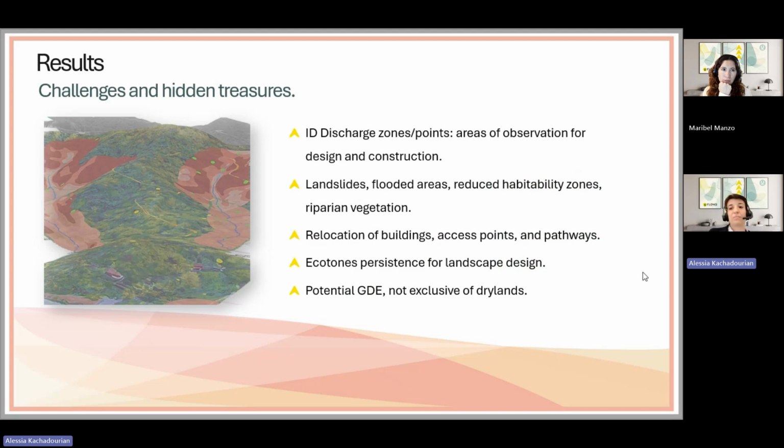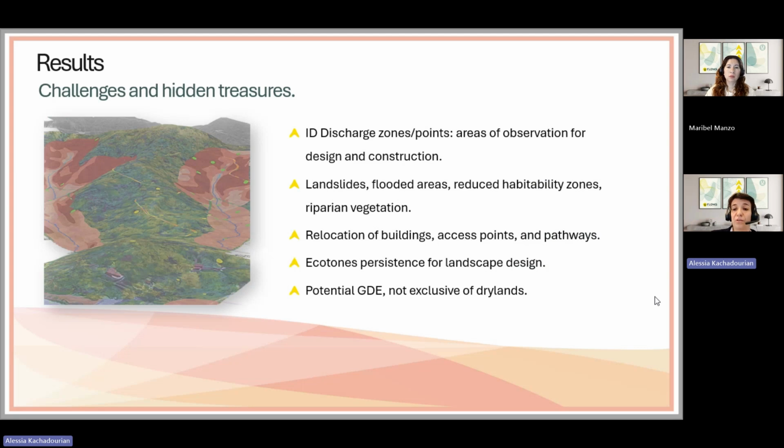Well, a key contribution to the project for the architects and engineers was that during the field work, we were identifying with them the hydrogeological features that had previously been overlooked by focusing only on the slope and runoff. That is a very common practice in hydrogeological studies. But we identified the discharge zones, and it was a great aid for the architects and